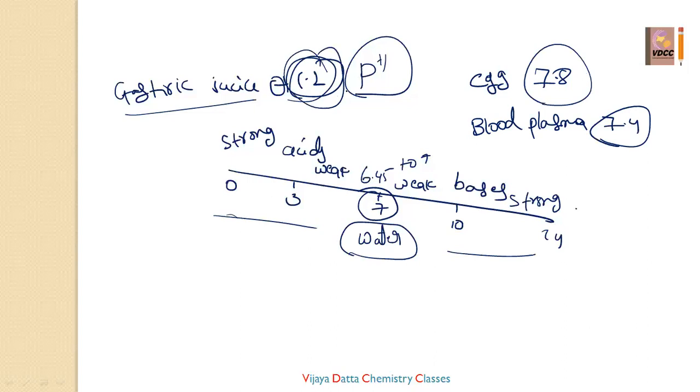So the pH scale helps us identify which is a strong acid, which is a weak acid, and which is neutral. Those values are given. Sorensen introduced the pH scale to identify whether a given solution is acidic or basic by checking its pH values.